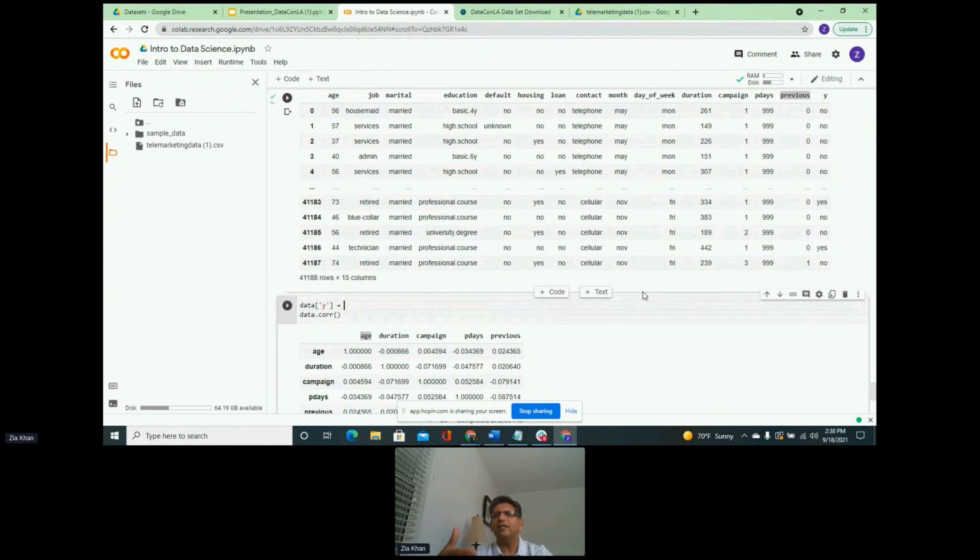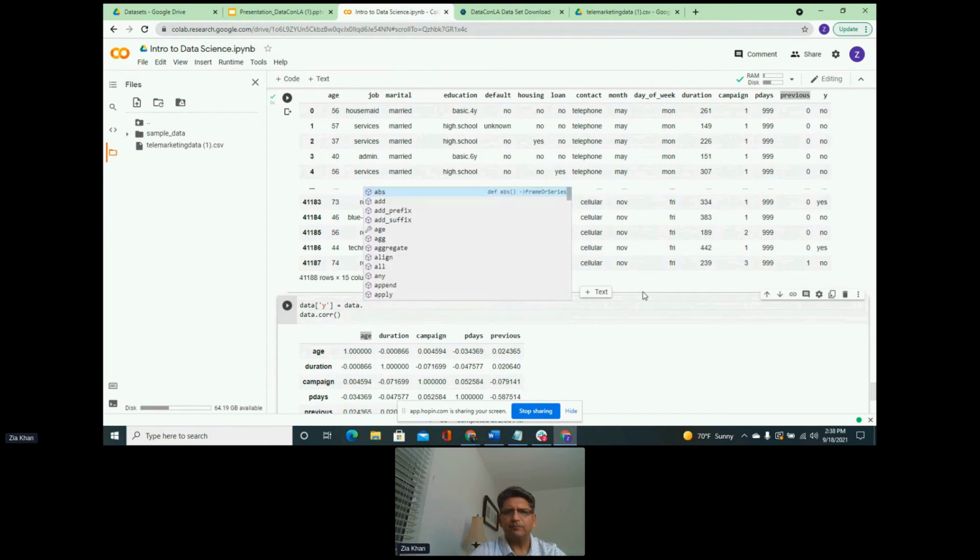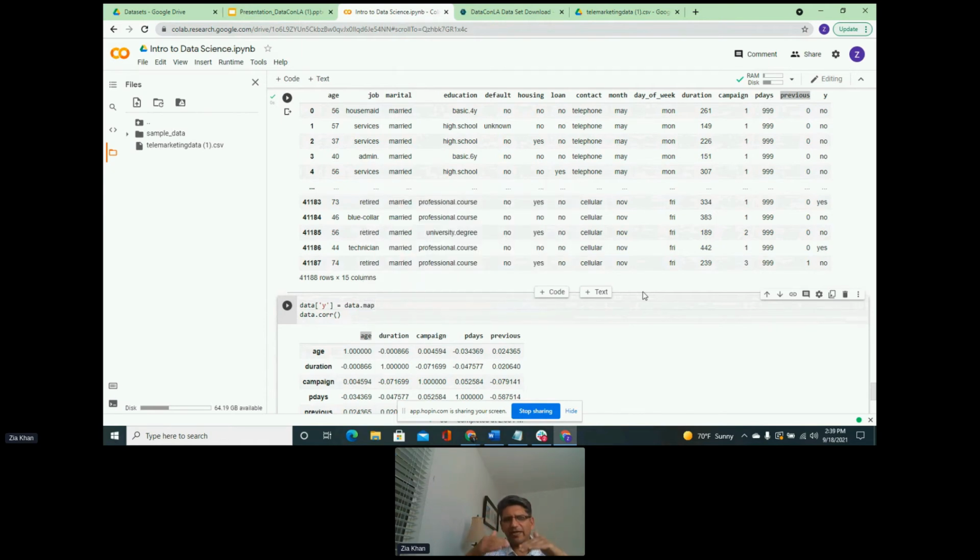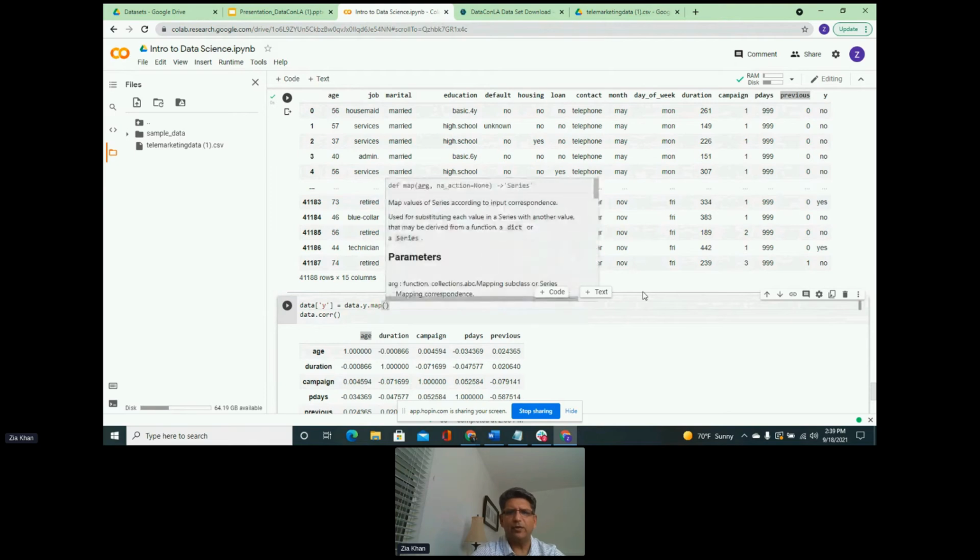And how I will do it is I am going to use a function, a single line function called a lambda function. That lambda function will take the data that we have and convert it into numeric versus non-numeric. So data dot y dot map, so we map over each and every value, and we are going to use this lambda function, which is basically nothing but a function written in one line that can do an iterative loop for you.